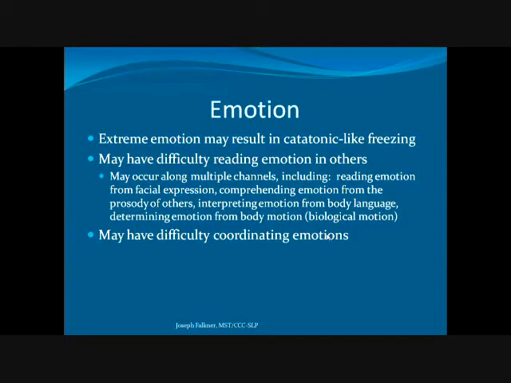And I look at biologic motion, and my example of this is I can see my wife walking toward me across the store. I can already tell what her emotion is just in how I see her body and how it's moving toward me. So I can tell if she's upset with me. I can tell whether she's just relaxed or happy just by how her body moves. That can be quite a challenge for some people with autism.